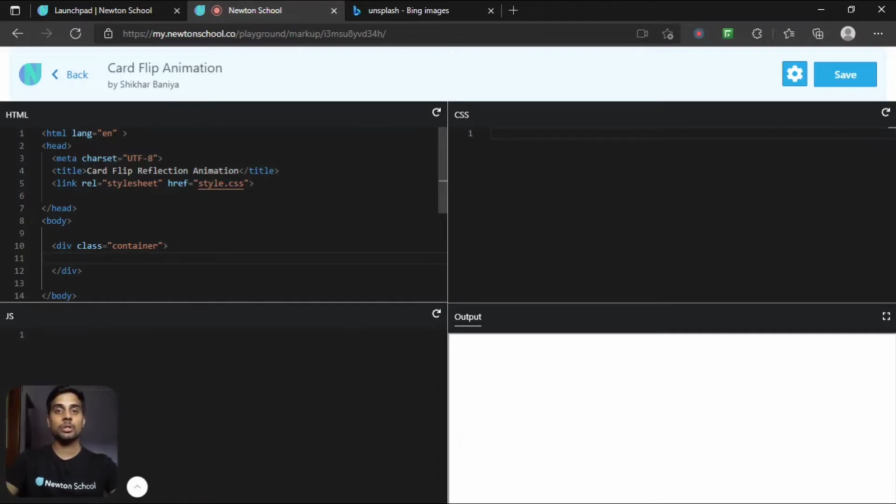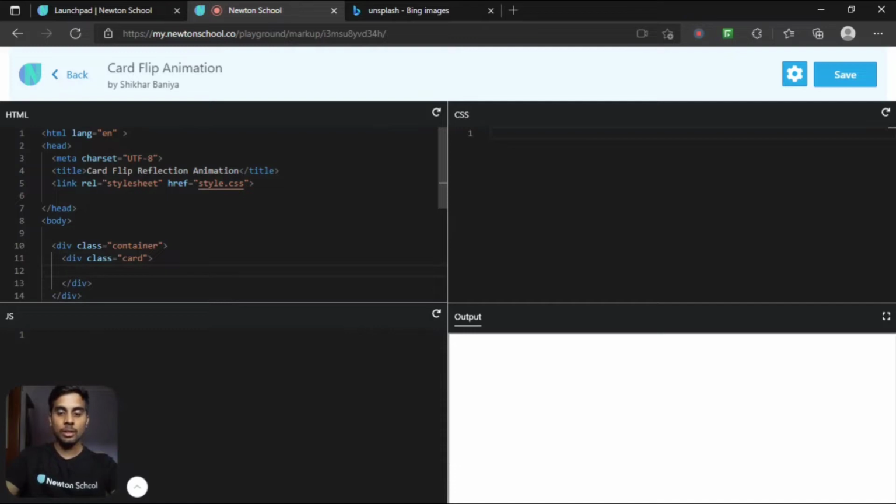Every image will have a back side of it, so there will be two images, front and back, and these two images will be in yet another div called card. So div class card. Let me close that.